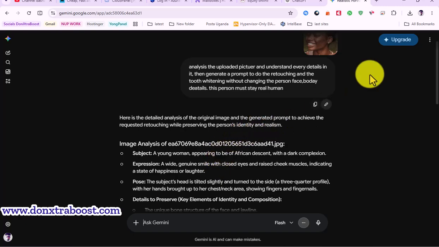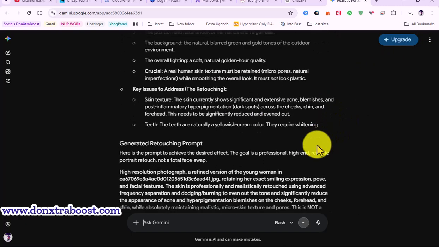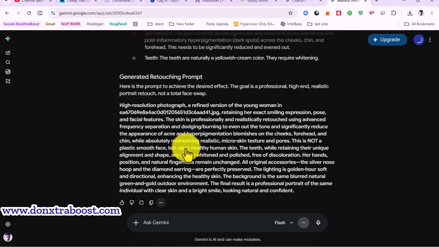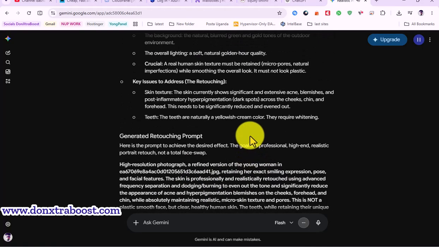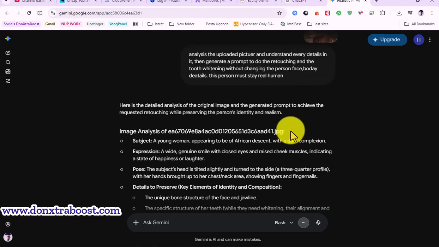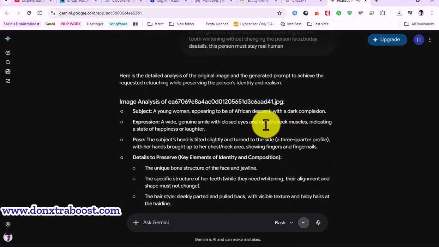Let's click enter and give it time as it is generating. Let's see what the AI has generated for us. Let me play it properly. Here is the detailed analysis of the original image and the generated prompt to achieve the requested retouching while preserving the person's identity and realism. Image analysis of A is